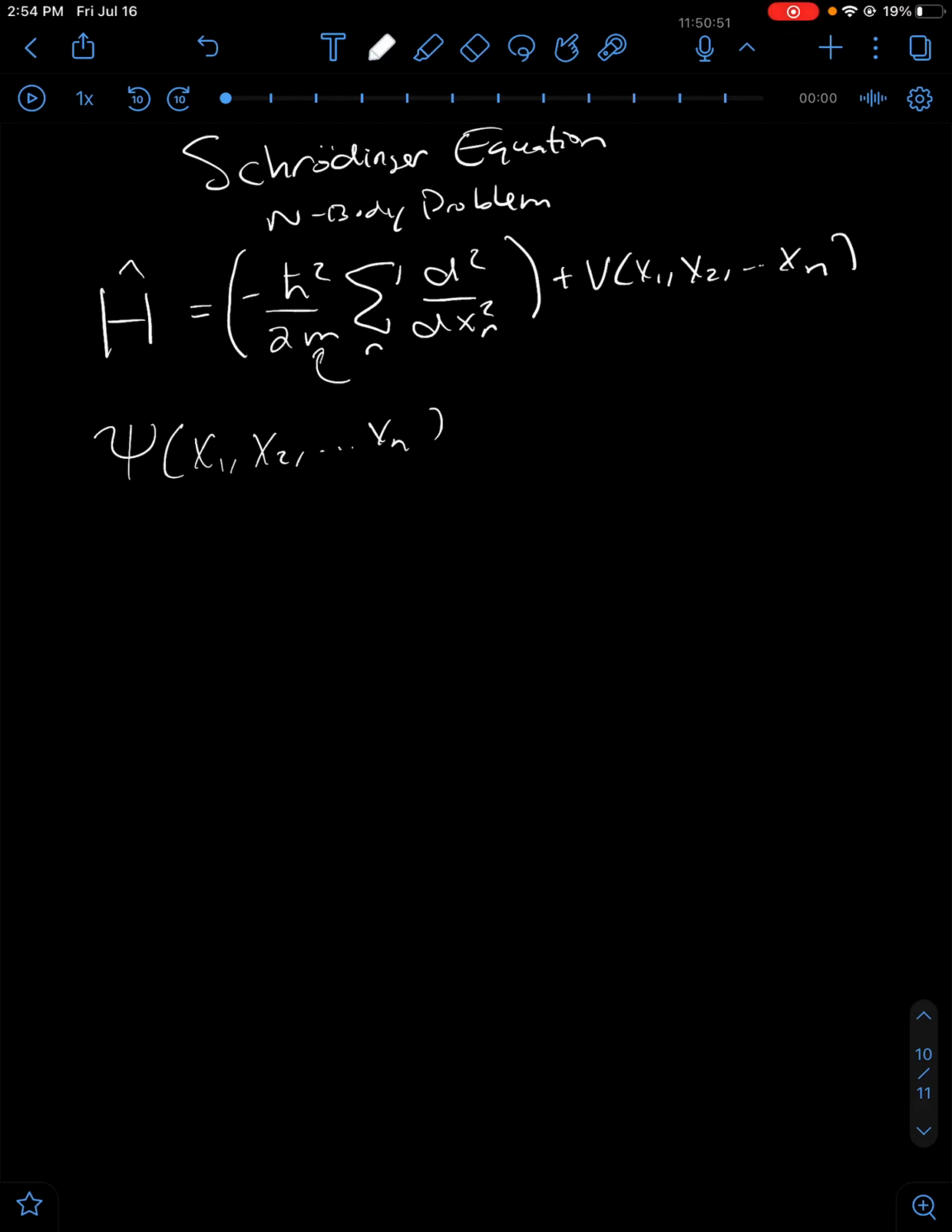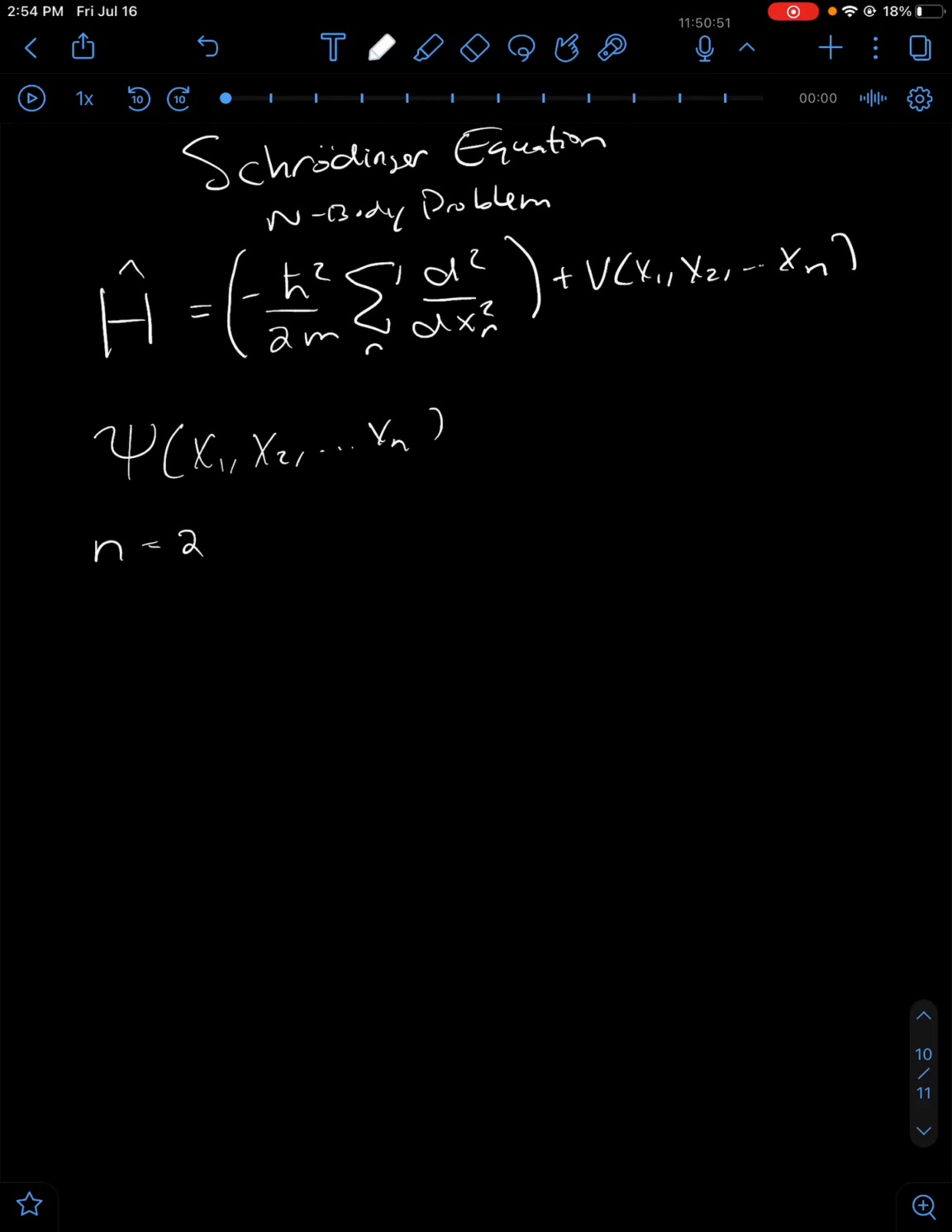And here we are assuming that the masses of all the particles are identical. If they aren't identical, then we are going to see a 1 over m_n in this sum over here. But yeah. Okay, so